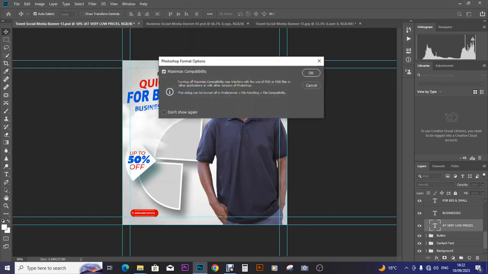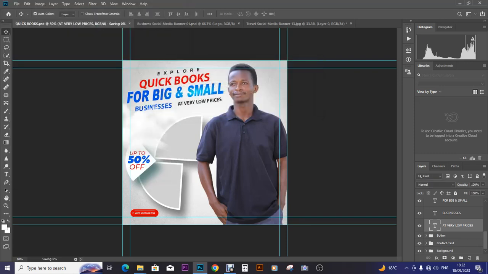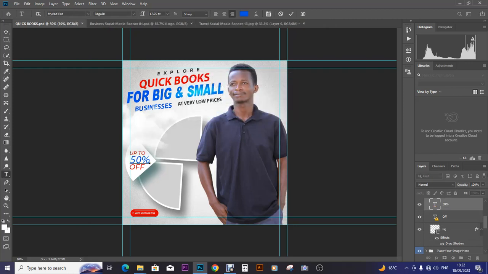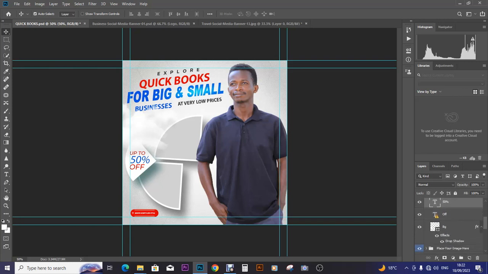Okay, so we save it as a PSD, meaning that we can come back and re-edit it. Then if we come back here, we want to tamper with this. Okay, so we are going to remove this 50. Where is it? Here. Off. So we are going to remove this 50. Then we also remove this. So now we have only this,